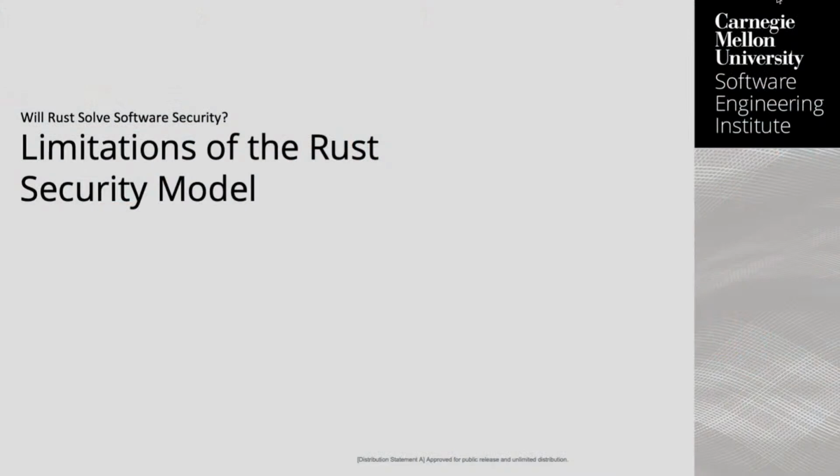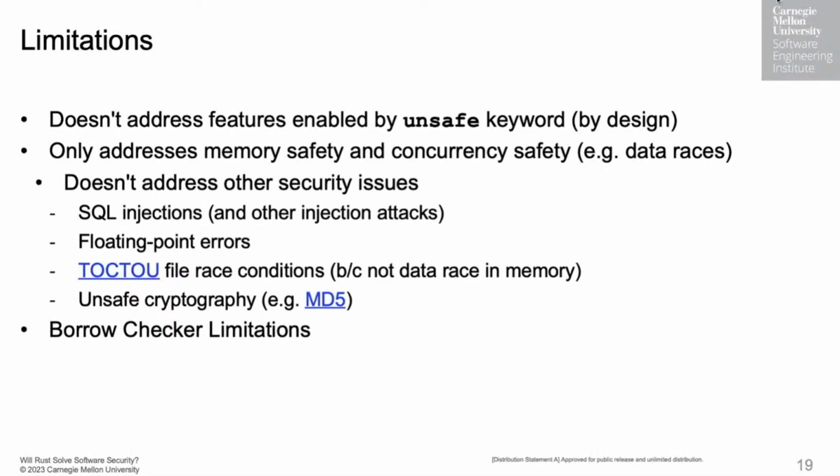Okay, so Joe's already given us a good overview of Rust and what the security model protects us from. And now I'm going to talk about the limitations of the security model. Every security model is limited. Partially, it's limited because everyone has a slightly different notion of what they want out of a security model. So there's no way that Rust's security model could satisfy everyone. It might satisfy Joe and not satisfy me, or vice versa. Or more likely, it tries to satisfy the things that Joe and I have in common, and that means that we're both slightly unhappy with it. We both would have things it doesn't satisfy.